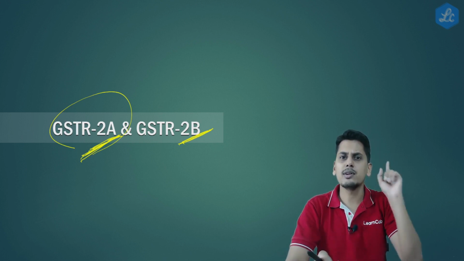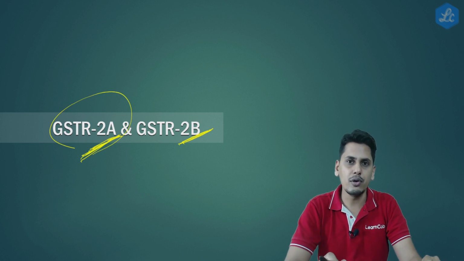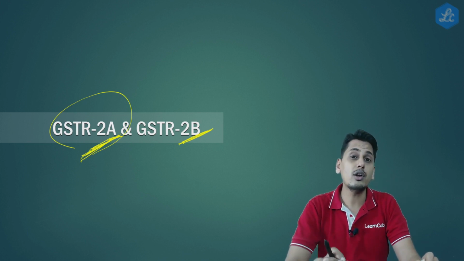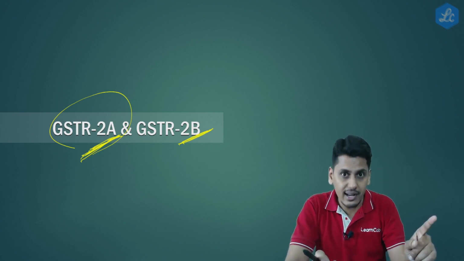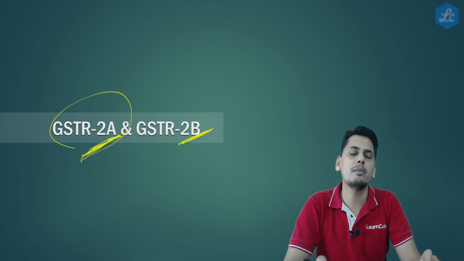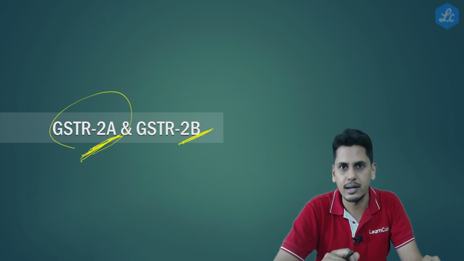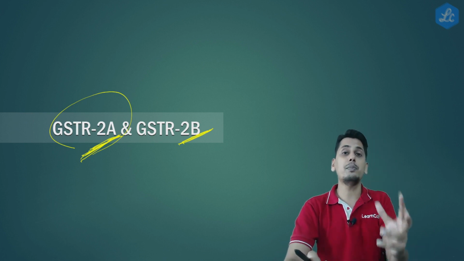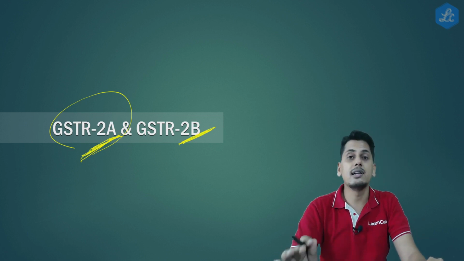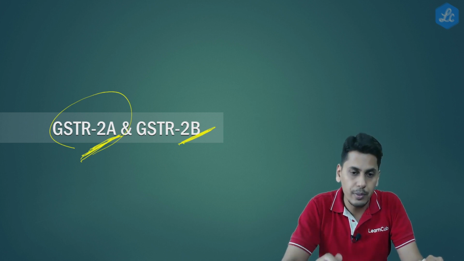So friends, what was the formula of 36 sub rule 4? It is 105% of the vendors who are uploading their invoices before the due date, subject to a maximum of eligible book credit. So now friends, since keeping GSTR 2A, you are not in a position to bifurcate, the government gives a new report in the form of GSTR 2B.